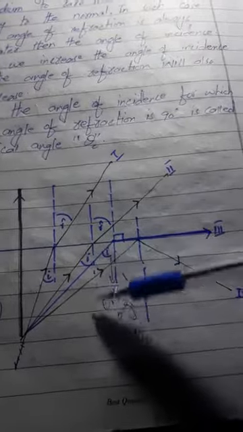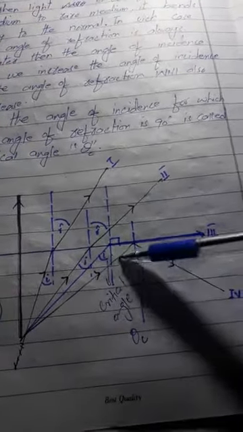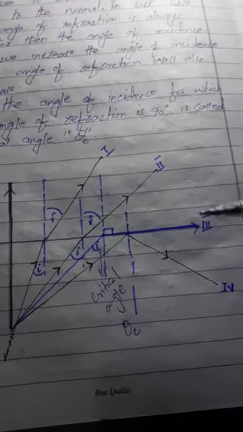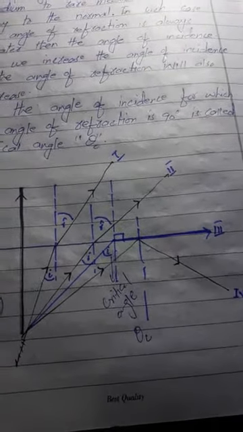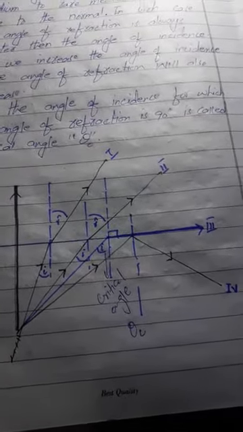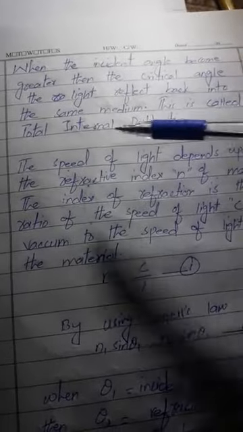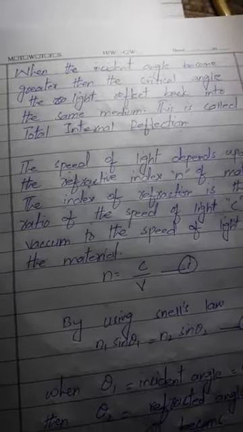और जब आप इस critical angle से angle बढ़ाते हैं तो light उसी medium में bounce back होके वापस आ जाती है, that is called total internal reflection. This is the phenomena we use in the optical fibers. Here is the definition I am going to read for you. When the incident angle becomes greater than the critical angle,